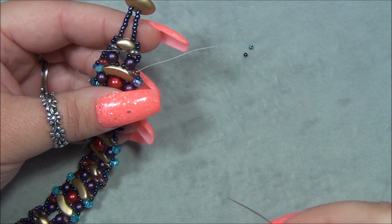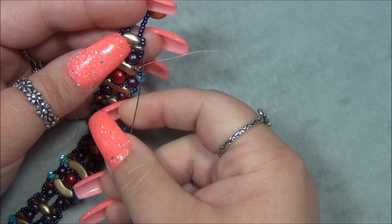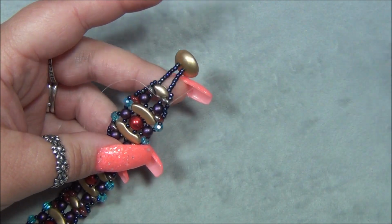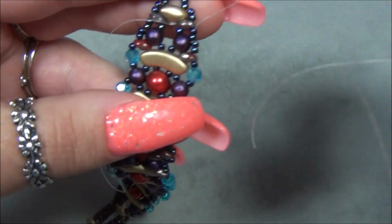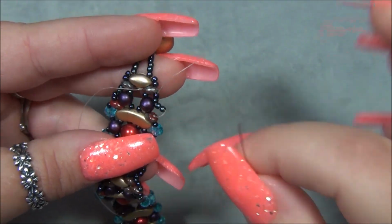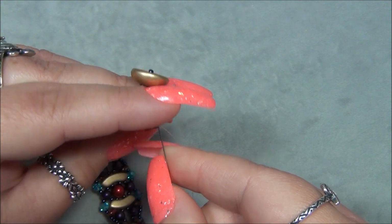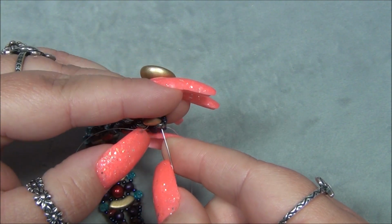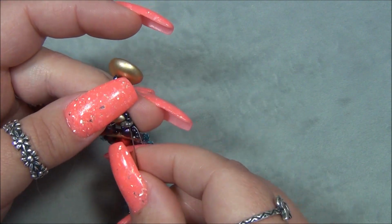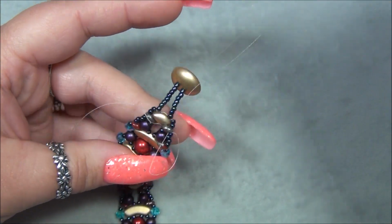Okay, I'm at the end here, and I have just 2 seed beads left for this gap. I had lost one. Don't know where the other one went. You may have noticed in the fast forwarding there was one missing. And then I passed through those 2, picked up 2, passed through those 2, right? And then I'm going to go through this superduo. And then through these 2. And we are just going to,